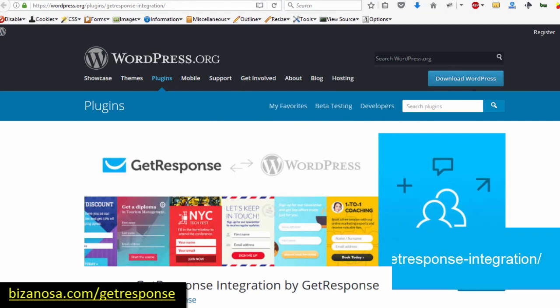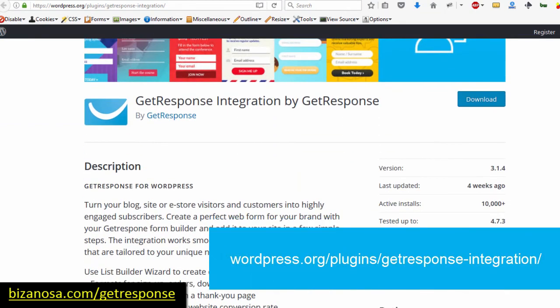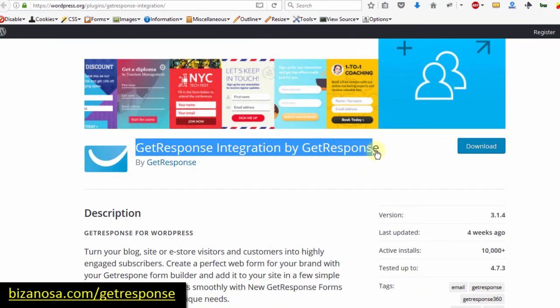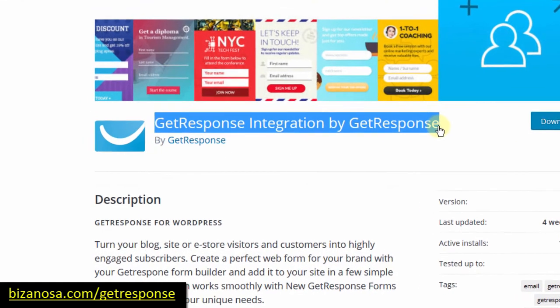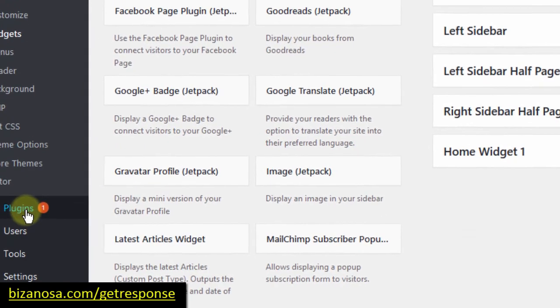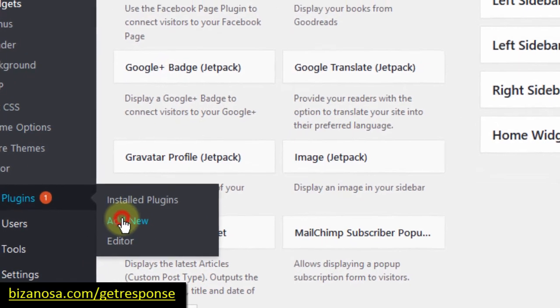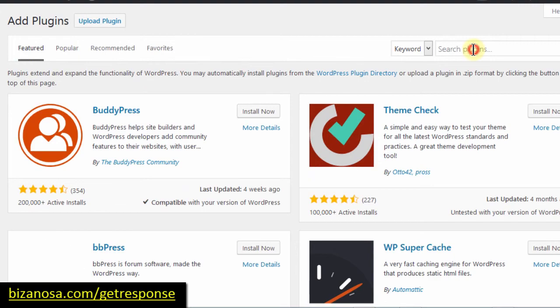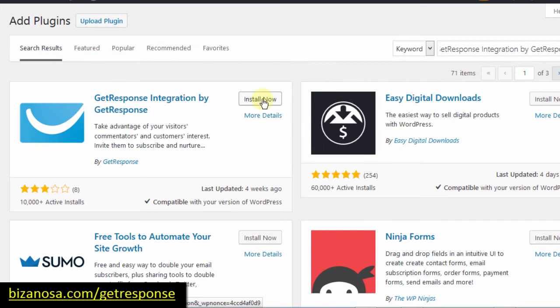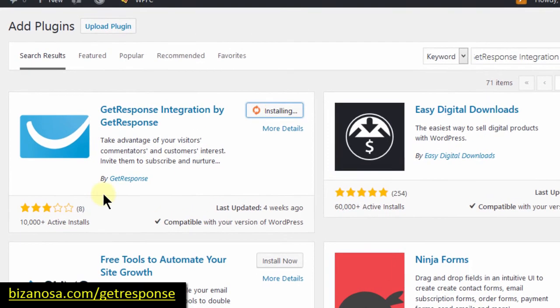So in this video, we're going to install this plugin and then we're going to see what you can do with it. So let me come down here and copy the name so that I can search for it within my WordPress. So I'll come here into plugins, click on add new, then I'll paste in the name, then I'll install it, install now,